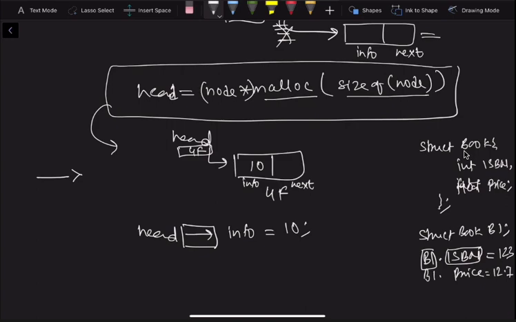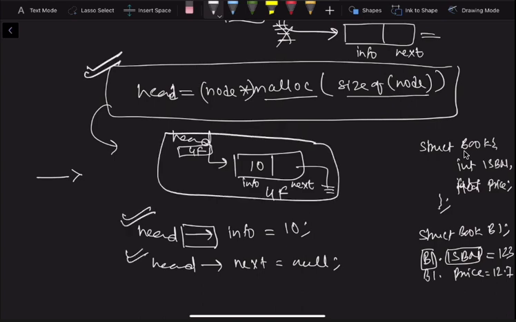So because it does not have any other node, we have to define it with null. Now what is head's next pointing to? Head next is pointing to null. So what we write is head arrow next is equal to null. After these three lines, line one, line two and line three, this is the scenario we have.